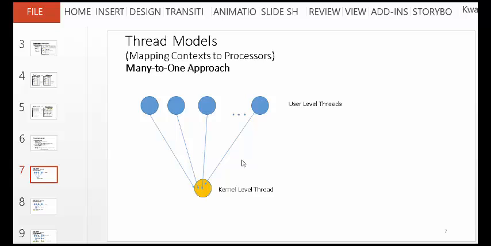So your thread will run a little bit, my thread will run a little bit, his thread will run a little bit. So that's the first one, where the kernel has a thread. So the kernel sets up a thread, and we'll be swapping the different user threads that are coming in. That's one approach. Another approach,